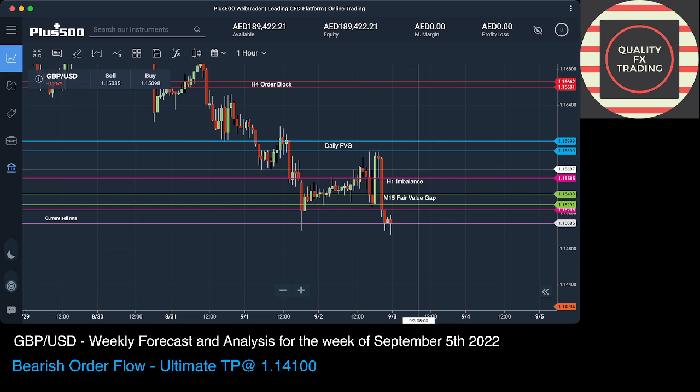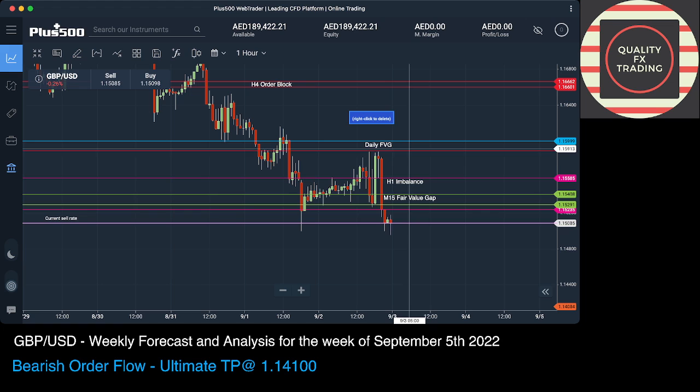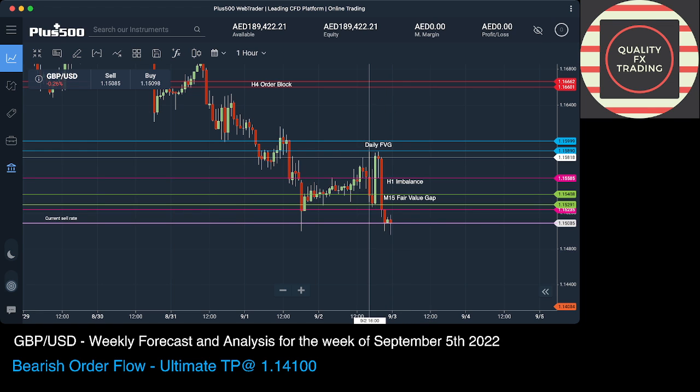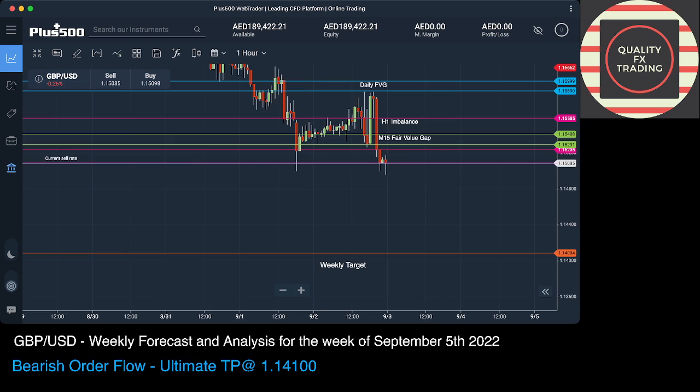But in this scenario, there is one alternative case, and that is price pushing to the upside above this liquidity at this high. You can see a liquidity pool here, which is the same place that we have the daily fair value gap. So this is an alternative to scenario 2, in which the price can go inside this and sweep this liquidity and then push back to the downside, giving us a setup for the rest of the week